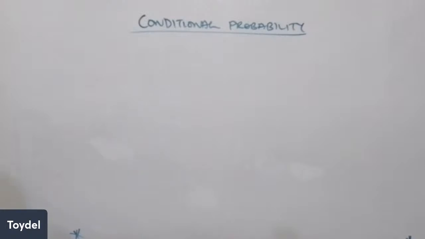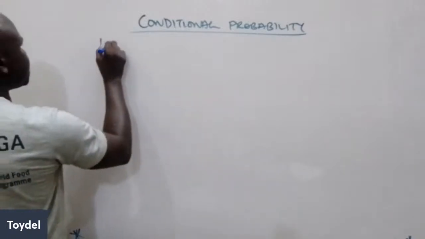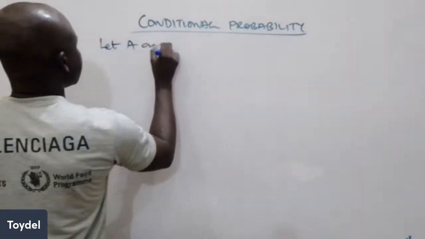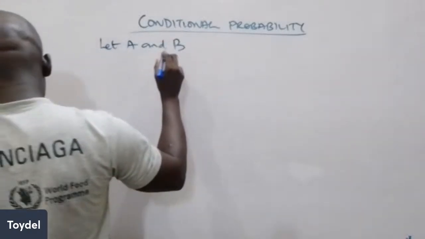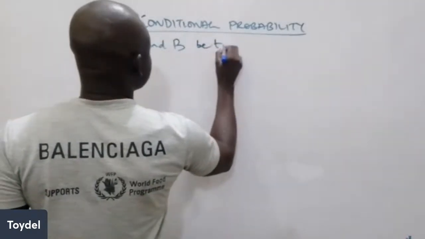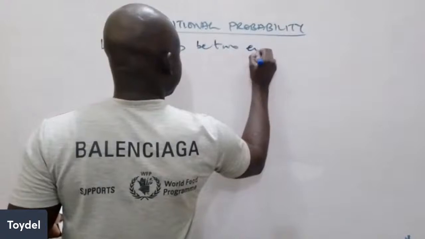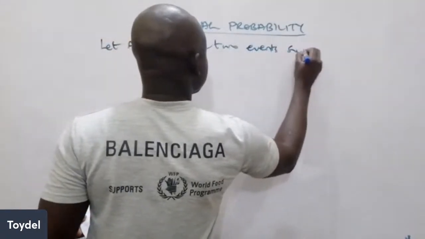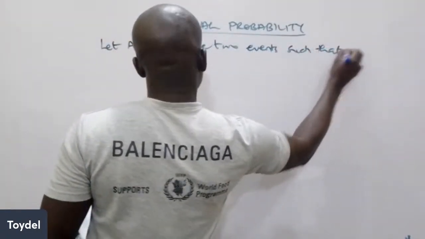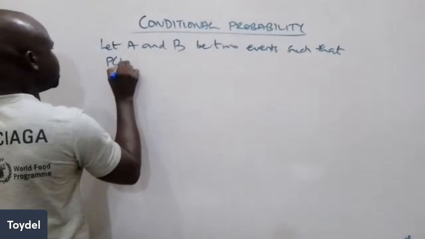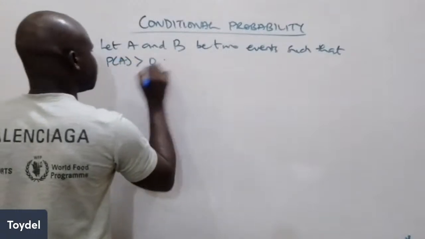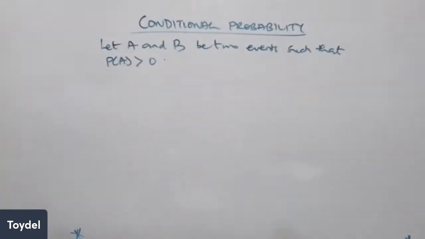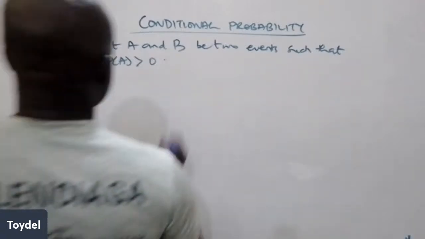Now let A and B be two events such that probability of A is greater than 0. So then